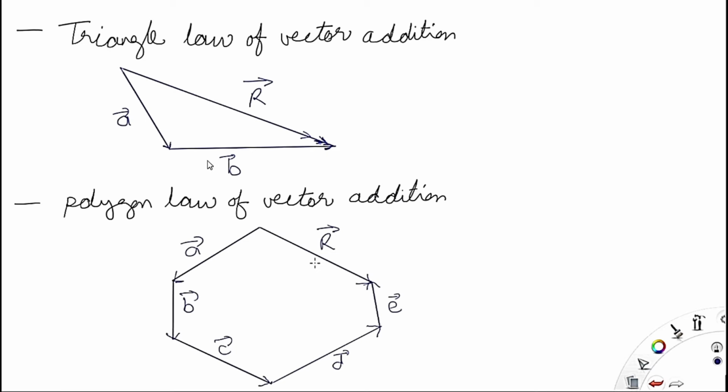Okay. Similarly, polygon law of vector addition. When you have more than two vectors, then you have to start making a polygon, and the last side will give you the resultant. Okay, and here also the sense of the vectors is the same. Whatever we are adding are in the same sense, and the resultant is opposite to that. Okay, so vectors are arranged in this way and resultant is this way, starting from the initial position.